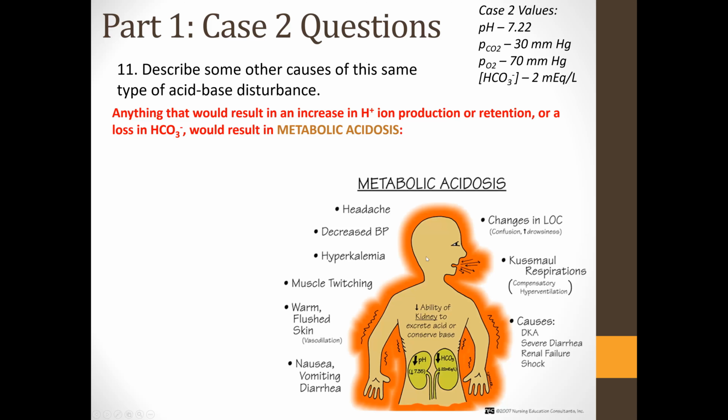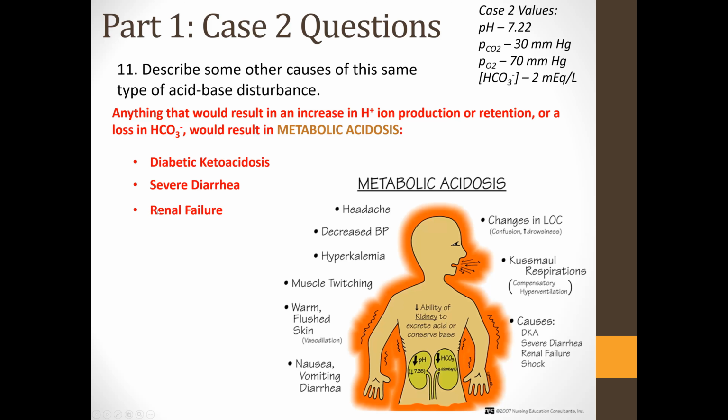Again, here's a little picture to help you see some of the signs and symptoms of metabolic acidosis. When you are looking at metabolic acidosis, notice that the pH and the bicarbonate levels should both be low. So low pH, low bicarbonate. Some of these conditions could include diabetic ketoacidosis, severe diarrhea, which is actually a loss of bicarbonate ions, renal